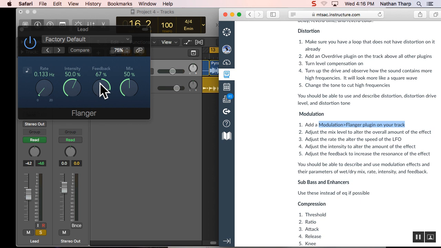there's a resonance on that change, similar to what we had on the EQ filter when we had more resonance right where the EQ cut off. Okay? So it's doing all the same things we already know. Wet, dry mix, rate, intensity, feedback. Very similar to the other plugins we've seen. Okay. If I hit play on this,